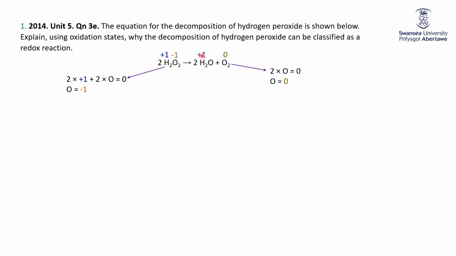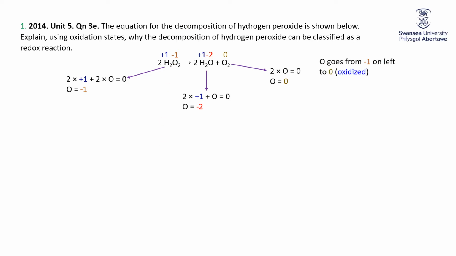The hydrogen is going to be +1. We got 2 +1s, and the oxygen therefore must be -2 to cancel out the +2 from the hydrogens. So let's see what we've got, shall we? We start off with oxygen being -1,